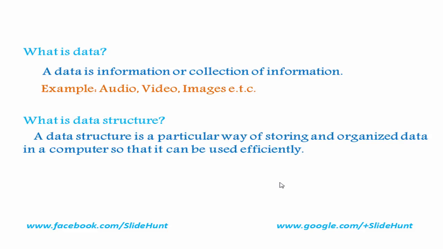So the formal definition is: a data structure is a particular way of storing and organizing data in a computer so that it can be used efficiently. When we study data structure, how to organize and store, we study them in two ways. One is mathematical and logical model. When we talk about mathematical and logical model, we just look at the abstract view of them. Abstract view means we are concerned only with what the data is representing, not with how it will be constructed.